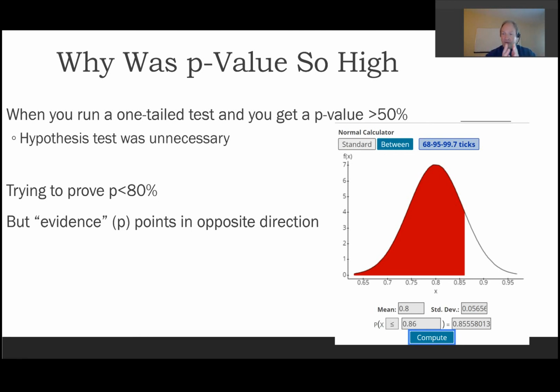So again, remember, this is important. To run a hypothesis test and for it to be meaningful, the evidence always has to be in favor of the alternative. The alternative is that it's less than. So I should have never run this hypothesis test, but I'm showing this to you as an example of when not to run it. Okay? In order for me to show that it's less than, my sample percentage would have had to have been less than the parameter value, but it wasn't. So this is an example of where you're running a stupid hypothesis test. You can do it, but there's no reason why anyone in their right mind would do it.